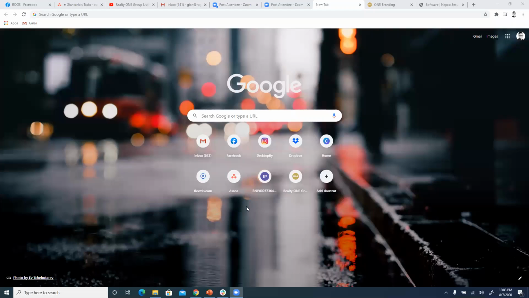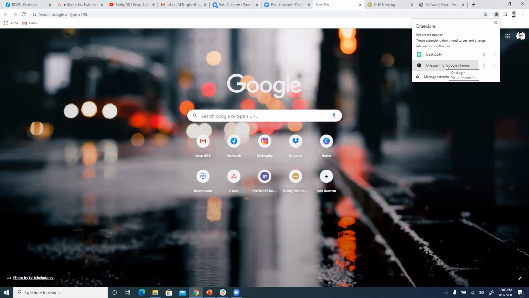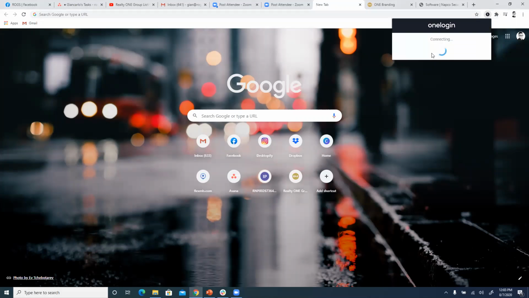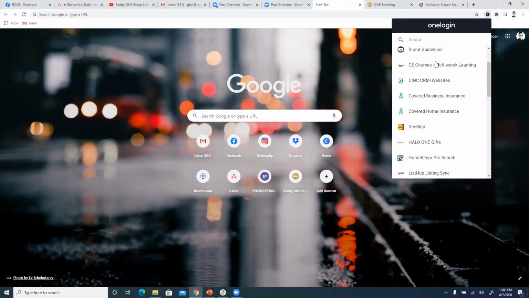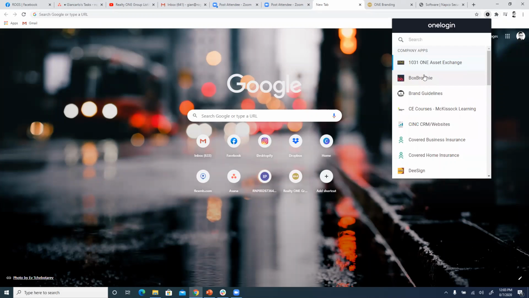So for those that don't know how to access it, it's actually going to be in your OneLogin. And I have the OneLogin extension for my toolbar, so it may look a little different for you guys. It might go to a new tab. But for me, what you're going to find is if you have the toolbar like I do, it's going to